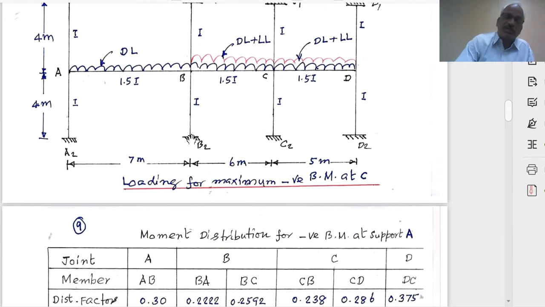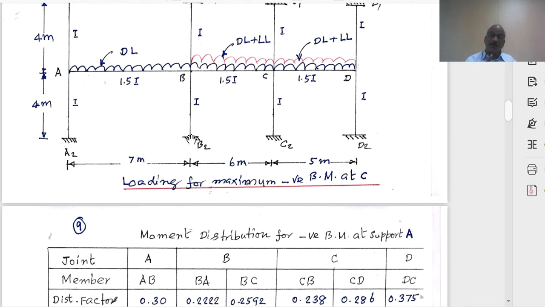Next point, this is one point about the loading. Next, coming to the analysis, we know that we are going to consider only two spans on either side. The number of bays or the number of panels may be 25, whatever it may be. If you are analyzing panel number 17, you consider panels 16 and 15, and on the other side 18 and 19. Don't bother about other spans.